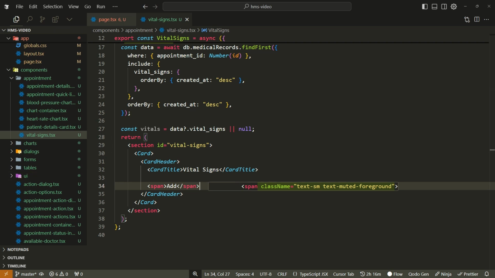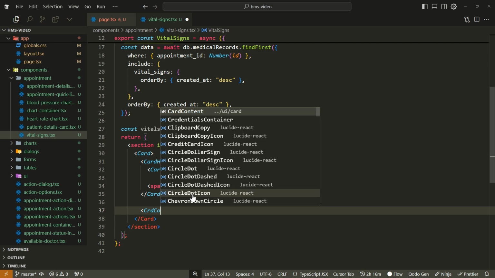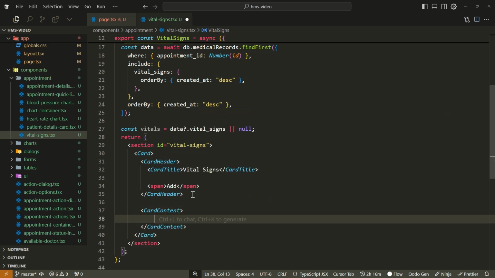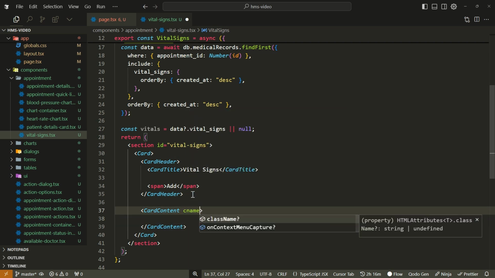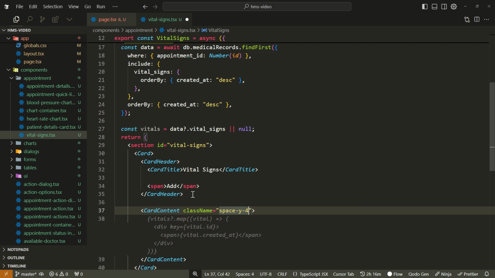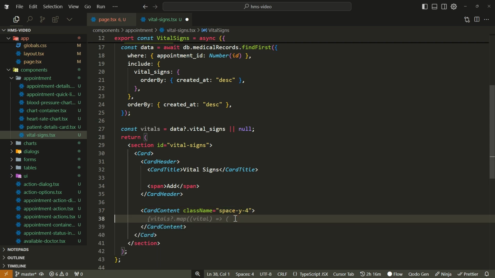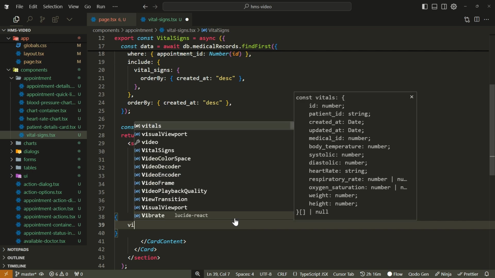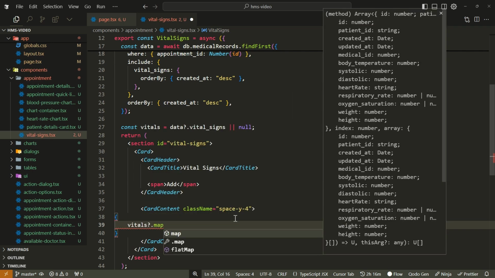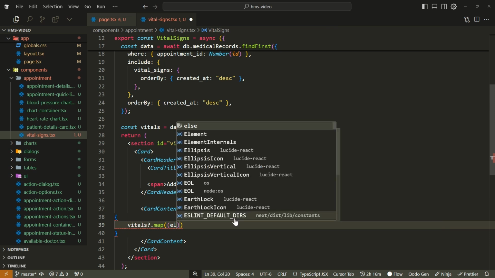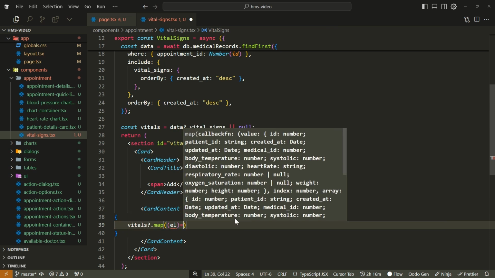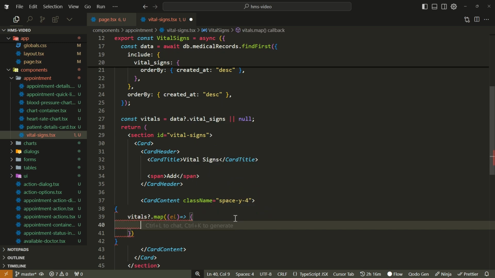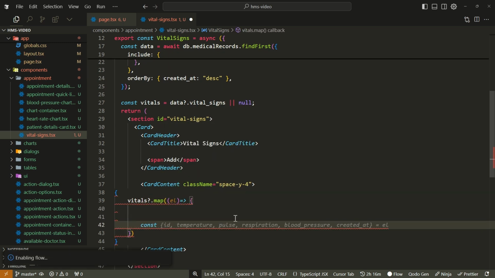Okay, let's finish with it. Then we go to the add button to add the vital signs. So content. Here what I want to do is spacing of 4. Inside here, I'm just going to map over the vitals, dot map, so I'll get each element. Then I'm going to say const this equal to